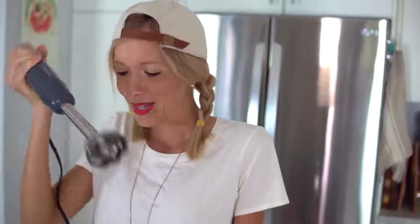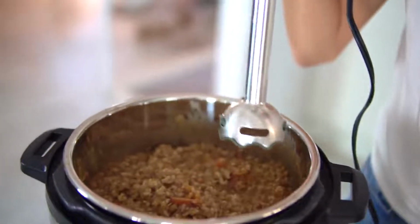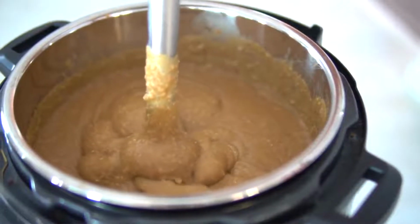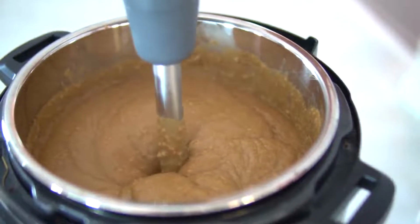Power tool time. Next step is to use an immersion blender to puree your dog's food. So basically we're just gonna puree the base of it because it becomes much more highly absorbable for your dog in their digestive tract. They have a much shorter digestive tract than us humans do, so things go through there a lot more quickly, and if it's pureed, it's going to aid in maximum absorption. You can see it already kind of looks like a canned dog food consistency, which is exactly what we want,